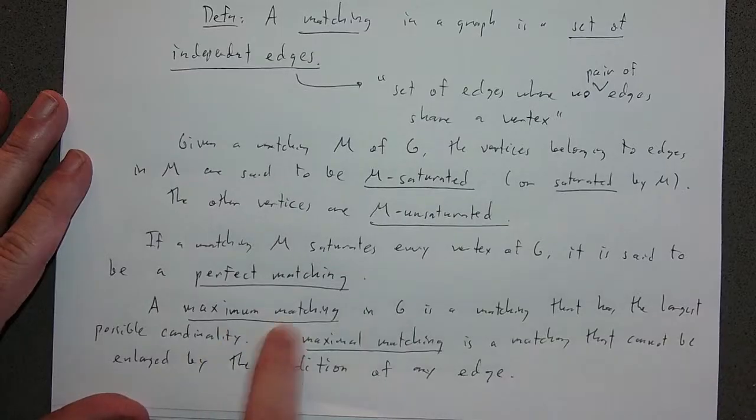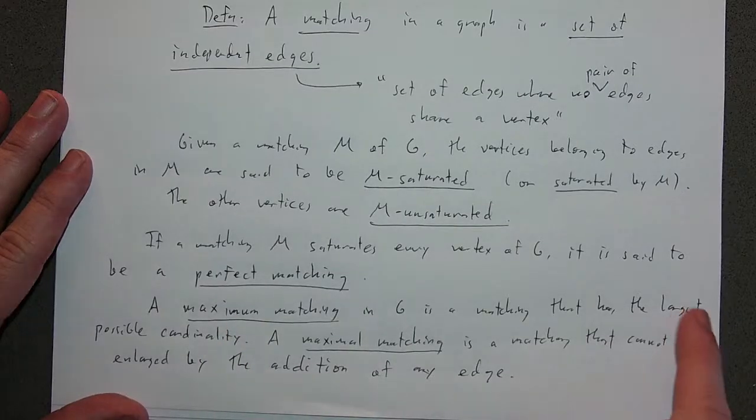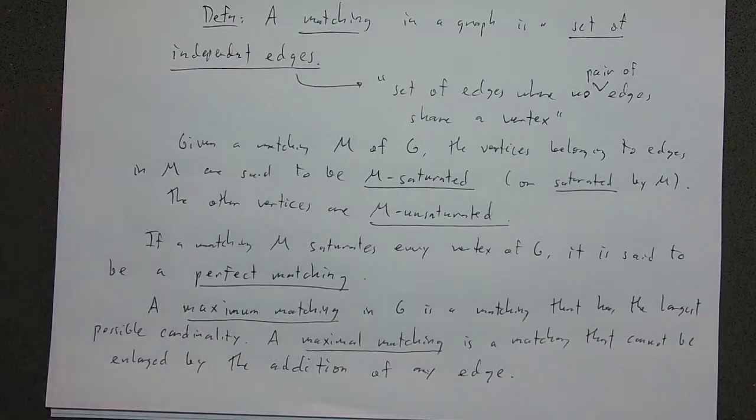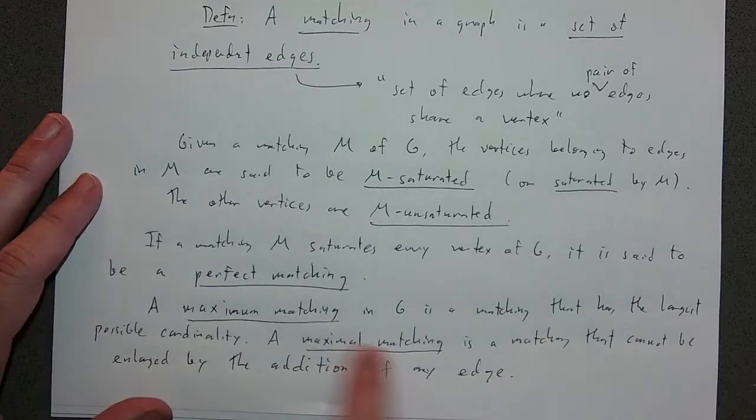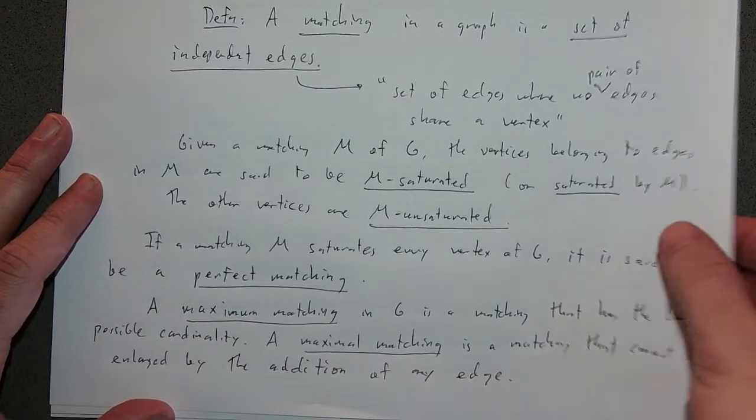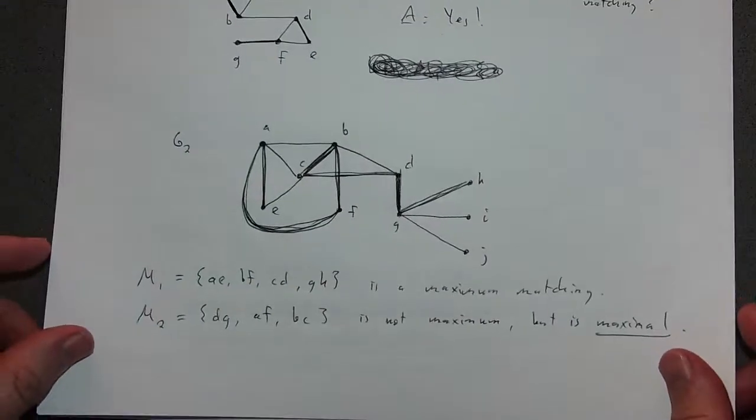A maximum matching is a matching that has the largest possible cardinality. A maximal matching is a matching that cannot be enlarged by including another edge. As we saw, there are examples of matchings that can be maximal but not maximum. So the example that we saw specifically of these things